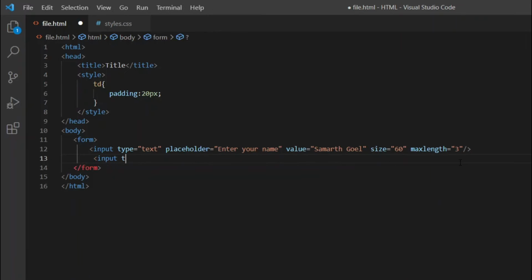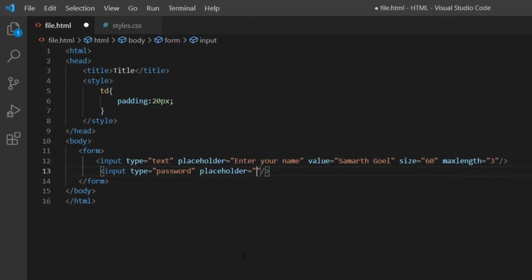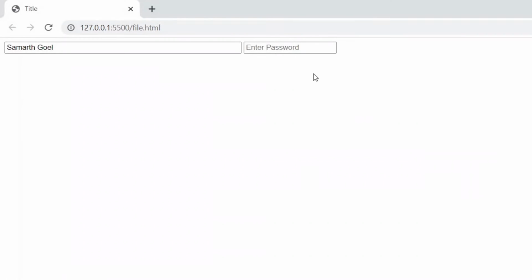Now let's add a password field. For the password field, in addition to the type attribute, we often use a pattern attribute which takes in a regular expression to validate your password under a set of specified conditions. If you don't know what regular expressions are, I have given a link in the description of the video. Check that out as well. Let's add a password field and type into it. Notice how instead of displaying text, dots are displayed which do good work to conceal your password.